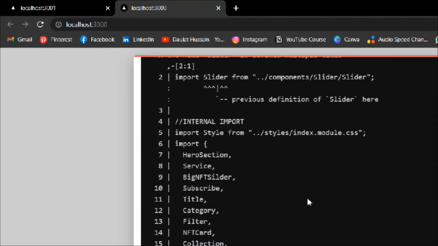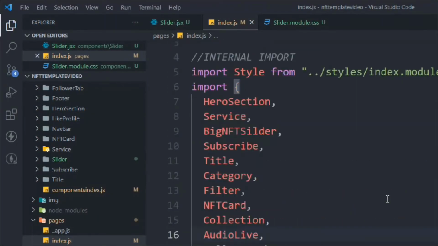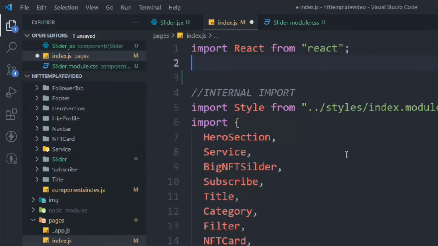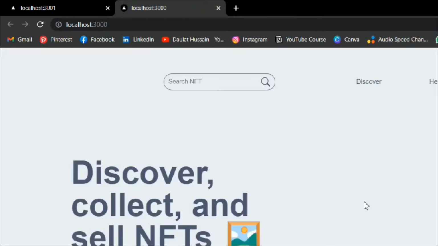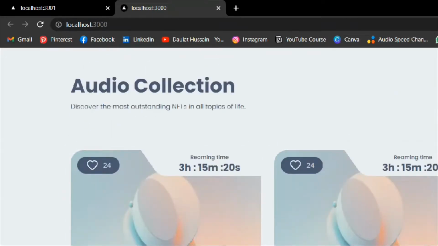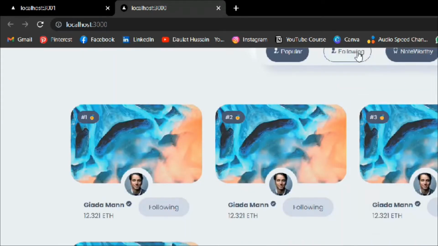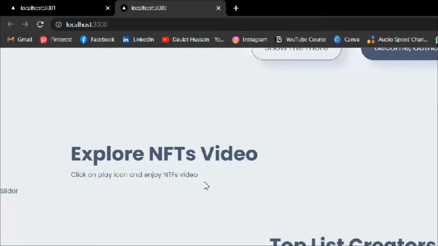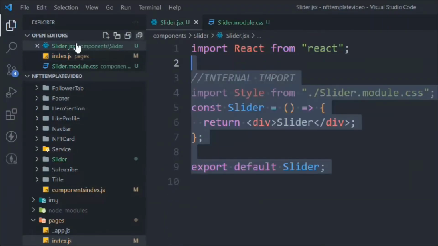So let's reload the browser, and right now we have this error. Okay, we still have some problem. I think we have a double import. Okay, here it is. So we need to remove this extra import. We are doing two imports, that's why we are getting this error. Remove this one, and right now we'll have no error, maybe. So let's reload the browser, and everything's working fine. Let's scroll all the way down to have a look. So this is the audio component we had built, and this is the component we have already built. Let's come down. You can see we have this explore NFT video component, and here we have the slider component. So it's working fine. So let's close this one, and let's close this one, and now we can start working